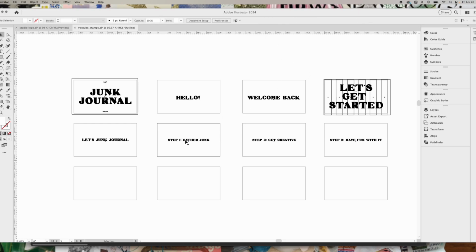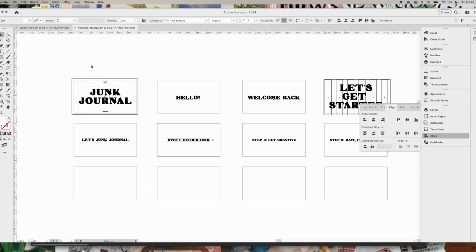So because this is going to be crop to fill when I pull it into iMovie, I just use the align tool, which is just up here in the upper right. And if it's not showing, you can go to your window and click on align. That tool will pop up and you can keep it in your sidebar to the right as well. But you can set this to be aligned to your artboard or aligned to the selection. So I usually set it to align to artboard, which means whatever I click, it will align within the bounds